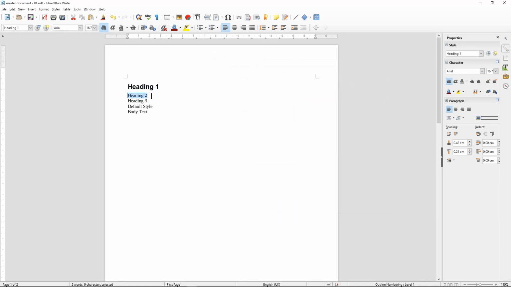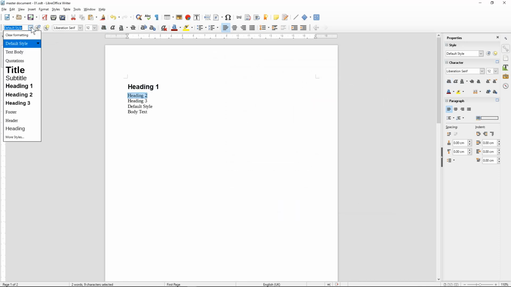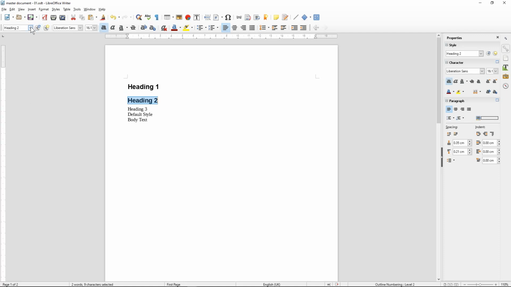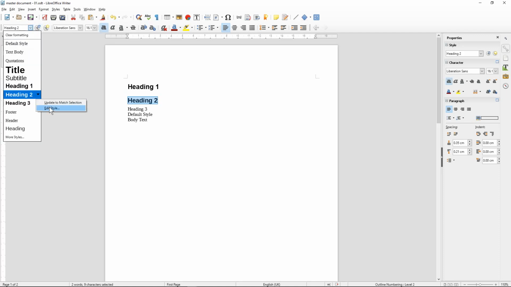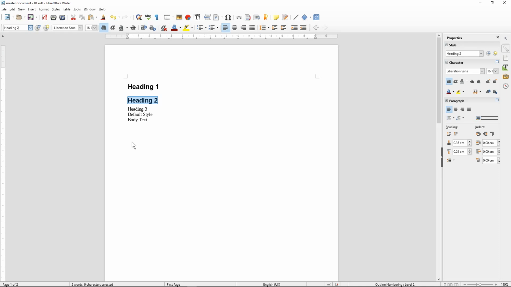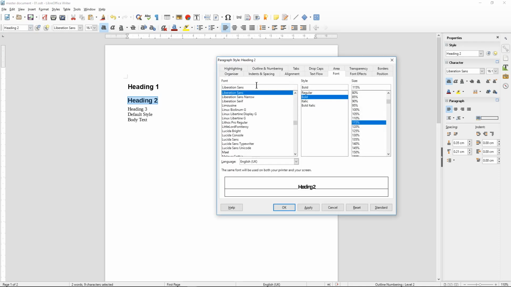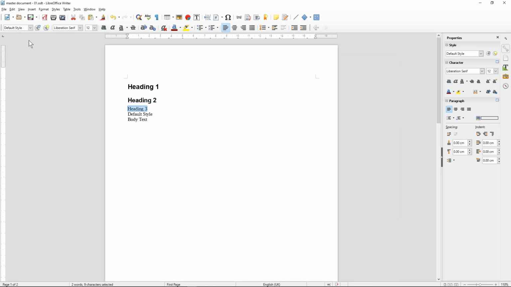I'm going to select heading 2. I'm going to do the same again, select heading 2 here, click on the drop down, go to edit style, and type in Arial here. It's going to be bold, and the last one was 120, so this is going to be 110. Apply it, OK, select heading 3 here,